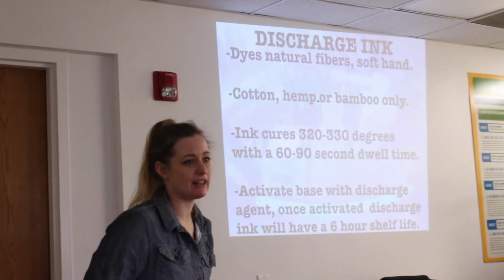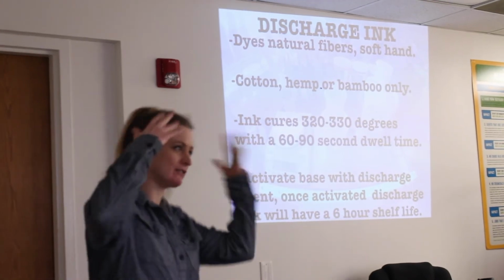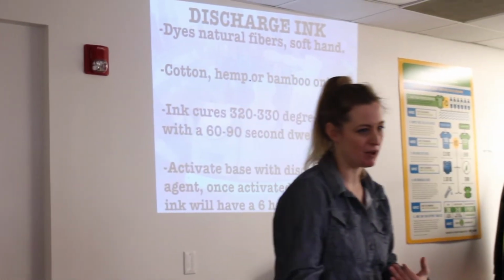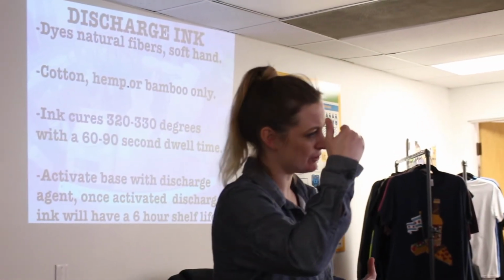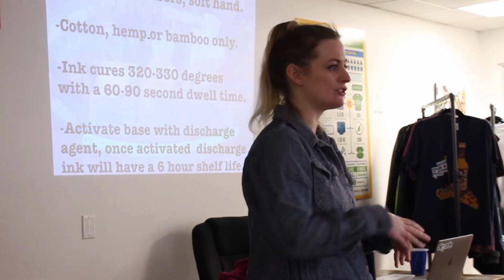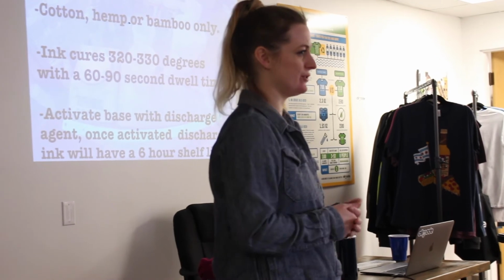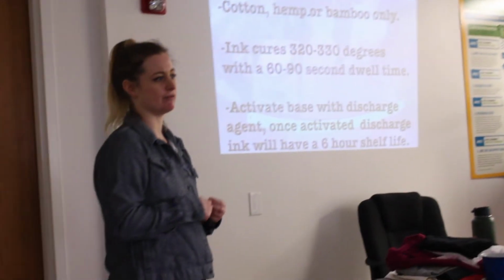That doesn't mean that if you print it on polyester, you get struck by lightning or anything like that. It just means that it's not going to affect the polyester. So that's just something to keep in the back of your mind, right? There are limitations to this process, but you can bend the rules. They're all just tools in your toolbox that you are pulling out to create something cool and unique and hopefully